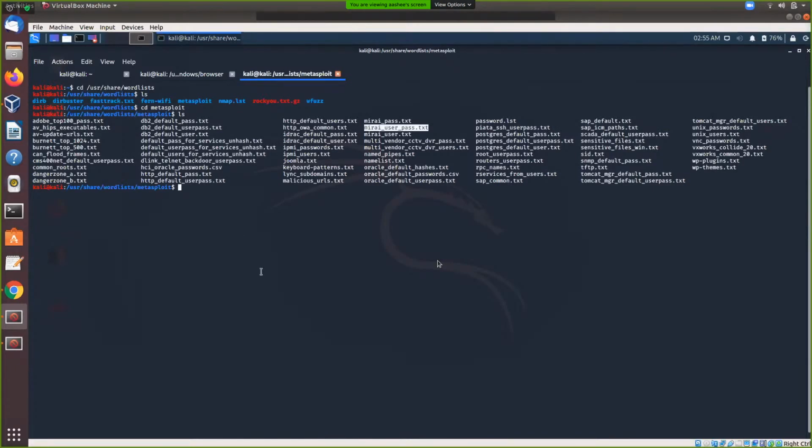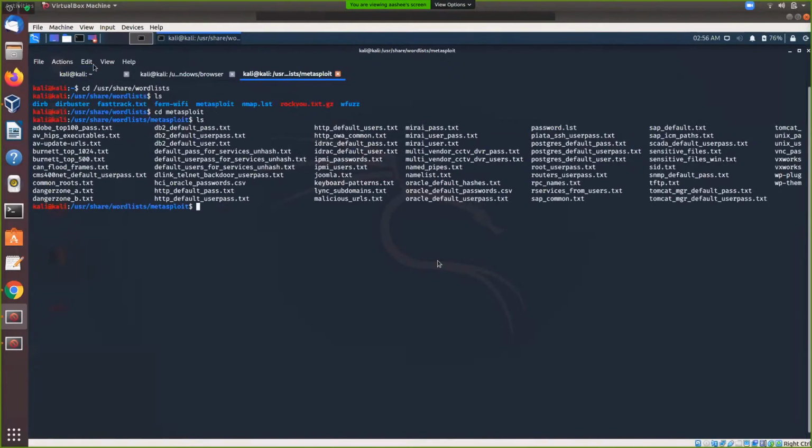Okay, Ashi, each time you open a new terminal, please zoom in because we can't really see. I think Control Shift plus will help. It's not working.